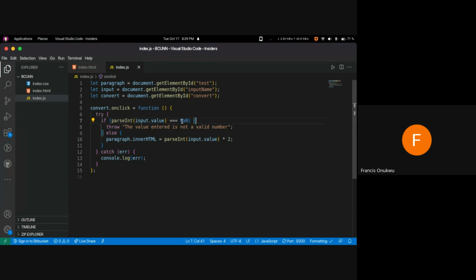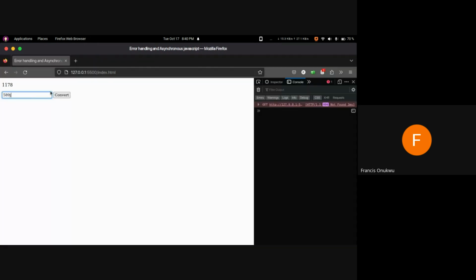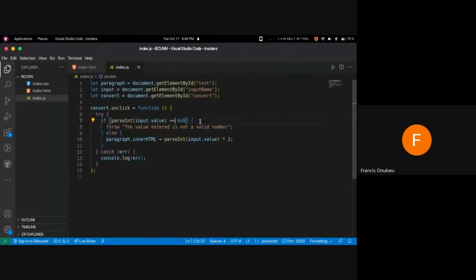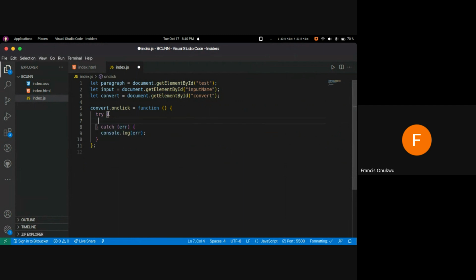Is equal to it's not change error. All right, but this is basically the try and catch. Okay, try every operation you want to do inside here, then you catch it,